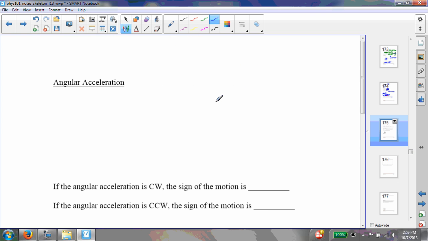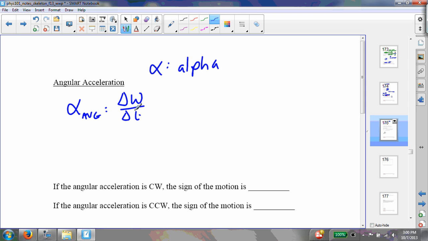Now, angular acceleration. We're going to use the Greek letter alpha to describe this. This is a lowercase alpha. It looks like a fish, but it's not. And we can define two things, just like we did with velocity and just like we did with acceleration back in chapter 2. We have the average acceleration, which is going to be delta omega over delta t. And then we also have the instantaneous acceleration,